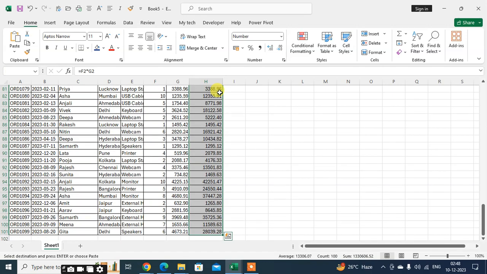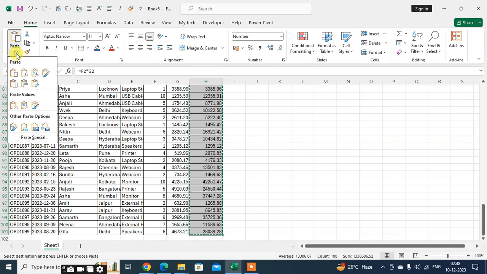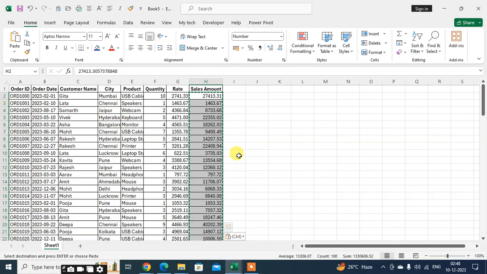First, just select the data, copy, and click on the Home tab. You get the option Paste, and in Paste Values, click on the Values, Paste Special Values. That's it. Now you can see only the amount shows in the formula bar. Okay,